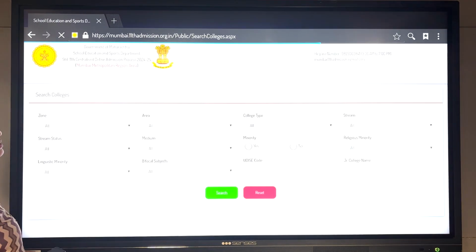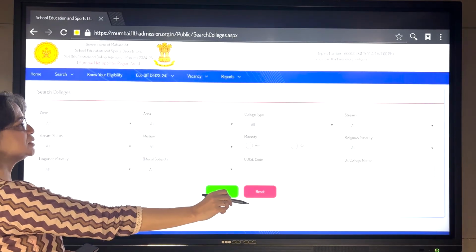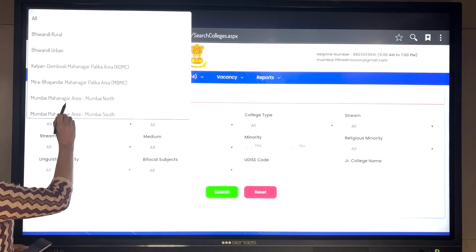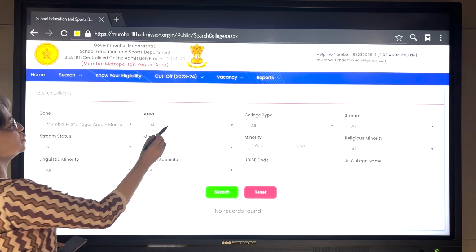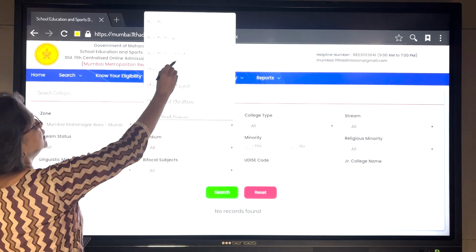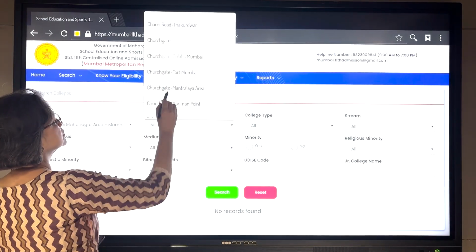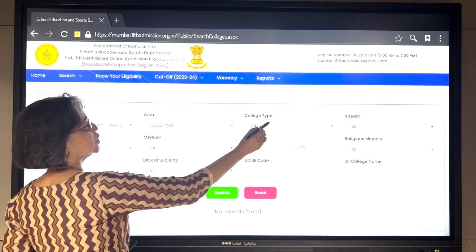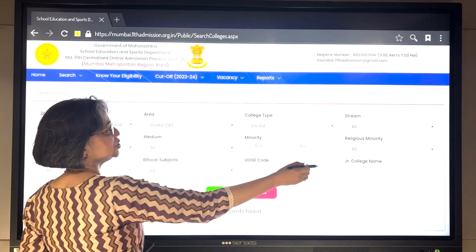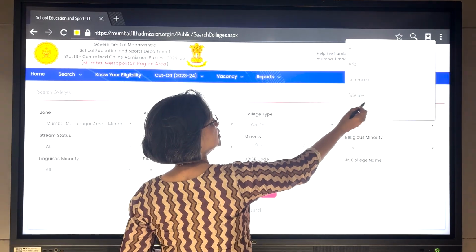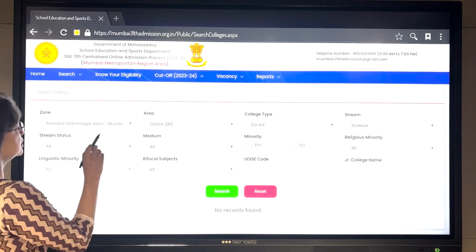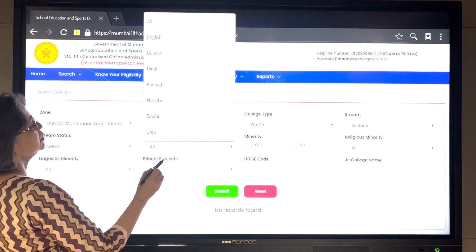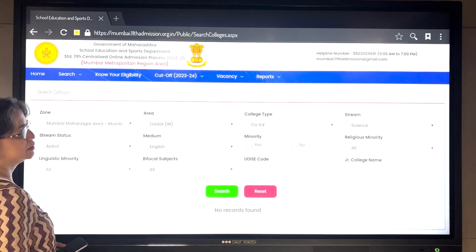If you click on this, a search window opens. There are a number of tabs given here. If you click on zone, let's say Mumbai South, area, let's say Dadar, then college type, co-education, stream, I want science, and stream status, maybe aided, medium, English.